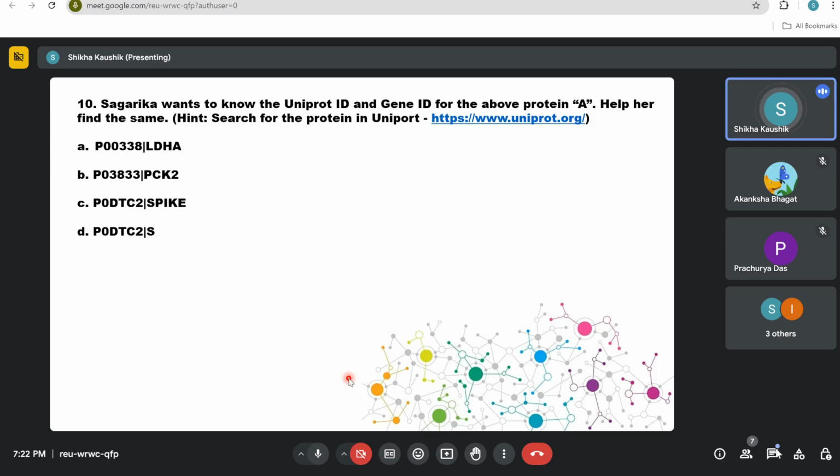So what you can do is you can paste your sequence to BLAST. You got the name of the protein. Now you can put the same name and search the protein in UniProt. When you search the protein in UniProt, you will get the UniProt ID as well as the gene ID. These are the things that you do when you analyze your proteome data. You get the sequences, you put them in BLAST, you get the gene ID, you get the UniProt ID. Answer here is going to be D, but the main objective of this question is to let you